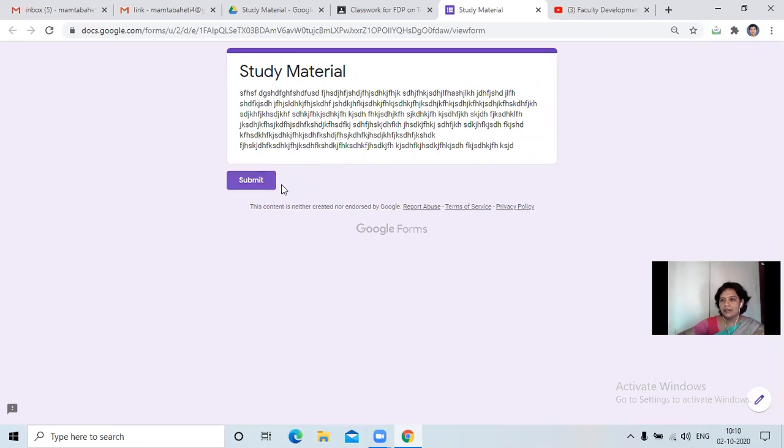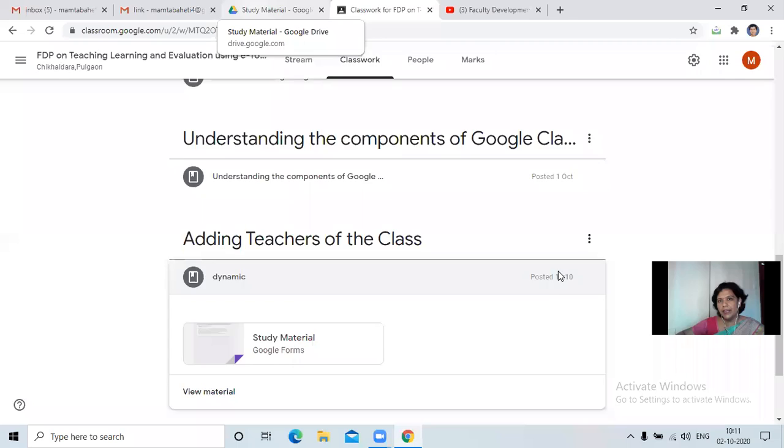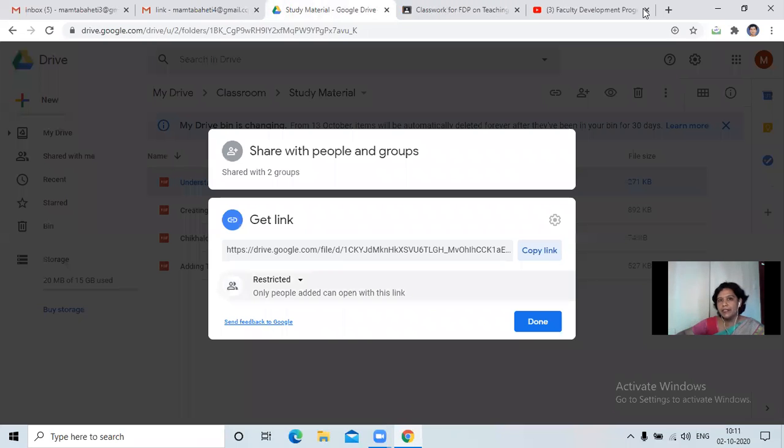Okay. It has some more features, just for how to use it. We'll have a separate session on Google Forms, so you will get a detailed idea of it. Here I have just taught you how to use it. Okay, so I hope everyone will now be very comfortably preparing their study material.